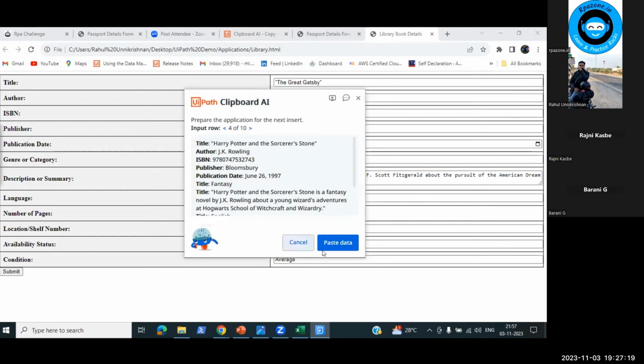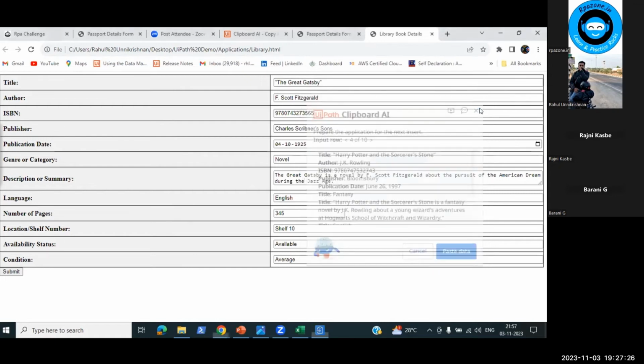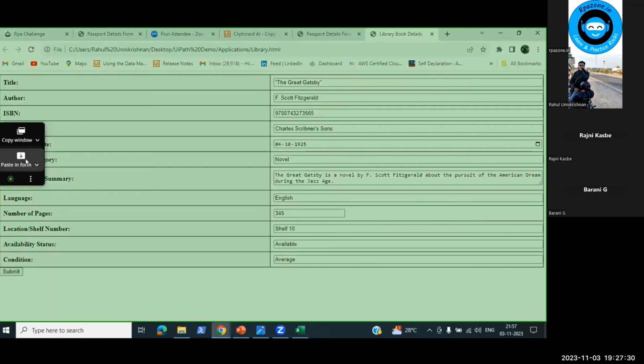So that's why it's a paste data button. Okay, so that's it about this. And let me show you one more thing. There is one more feature in Clipboard AI, that is